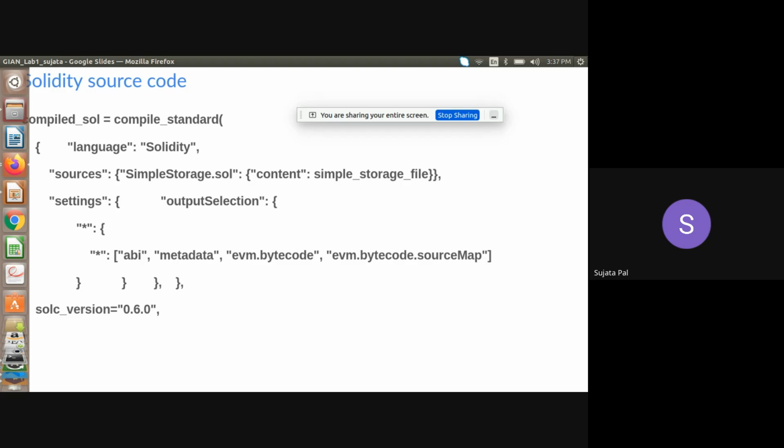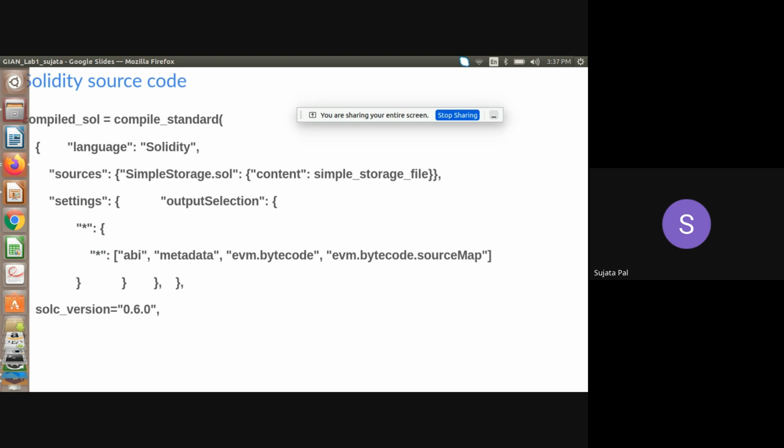This is the bytecode, the code that is written in bytes. The EVM bytecode source map will help you map from the Solidity source code to the Python. So all these things will be provided to you in the output. And this is the Solidity compiler version you are writing again.